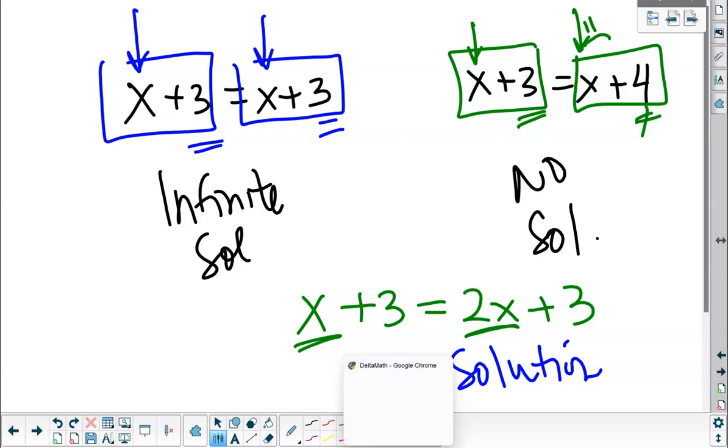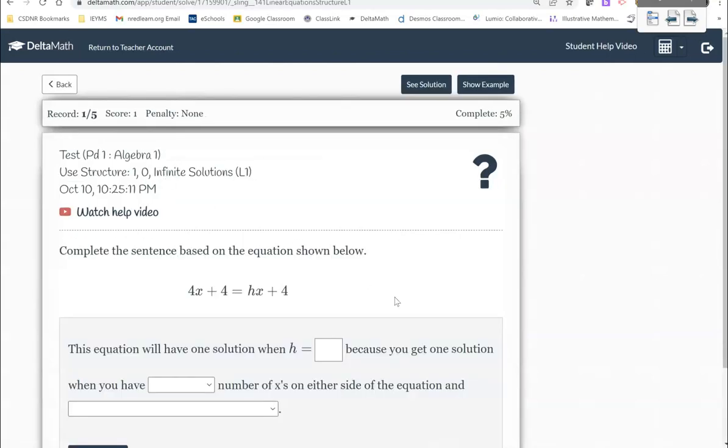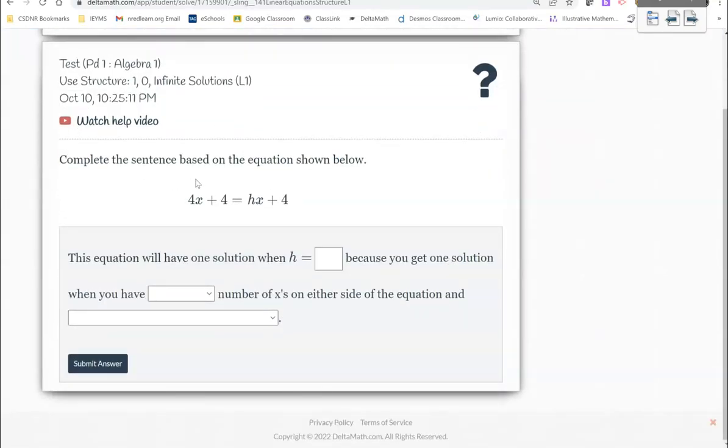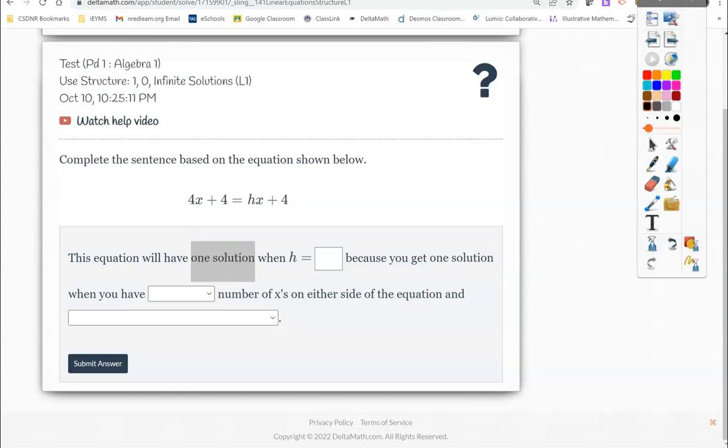So let's take a look at the first topic here. Complete the sentence based on the equation shown below. 4x plus 4 equals hx plus 4. So this h is a mystery number. And so now we need to figure out what number is going to go there. Well, it depends on what they want. This equation will have one solution. Do you remember what I said before? The only way you can have one solution